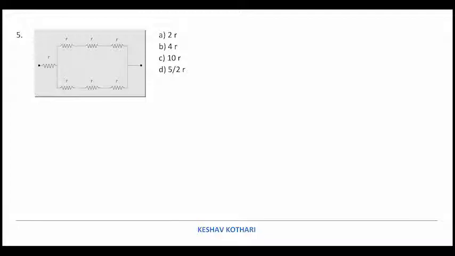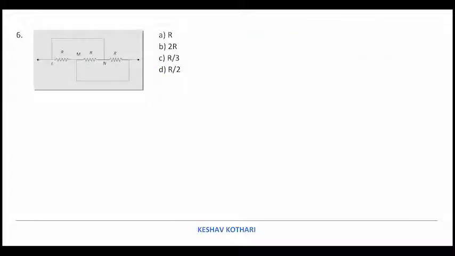Over here, these three are in series, so we have a value of 3R. Again, these three are in series, we have a value of 3R. Now the combination is in parallel with each other, so the resultant can be drawn as R, and their combination will give us 3R by 2. So the effective value of resistance is equal to R plus 3R by 2, that is 5R by 2. So for this particular problem, option D, that is 5R by 2, is the correct alternative. Let us move to the next problem.